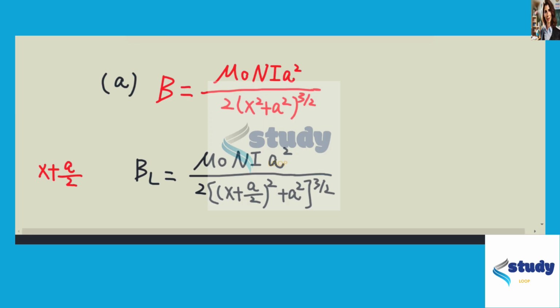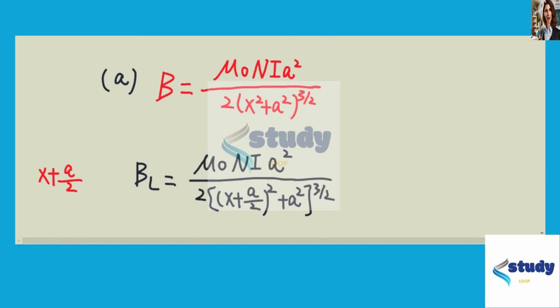Okay, so we know magnetic field B can be equal to mu 0 times n times I a squared over 2 times x squared plus a squared to the power of 3 over 2. Mu 0 is the permeability constant. N is the number of turns in each coil. I is the current in the wire, and a is the distance between the two coils. And we know x is the distance from the center of the coils to the point where the magnetic field is